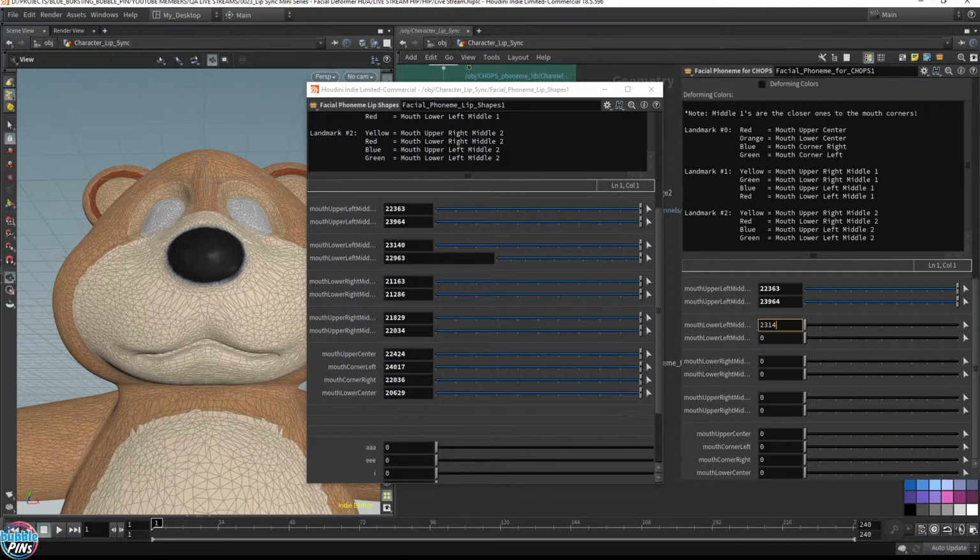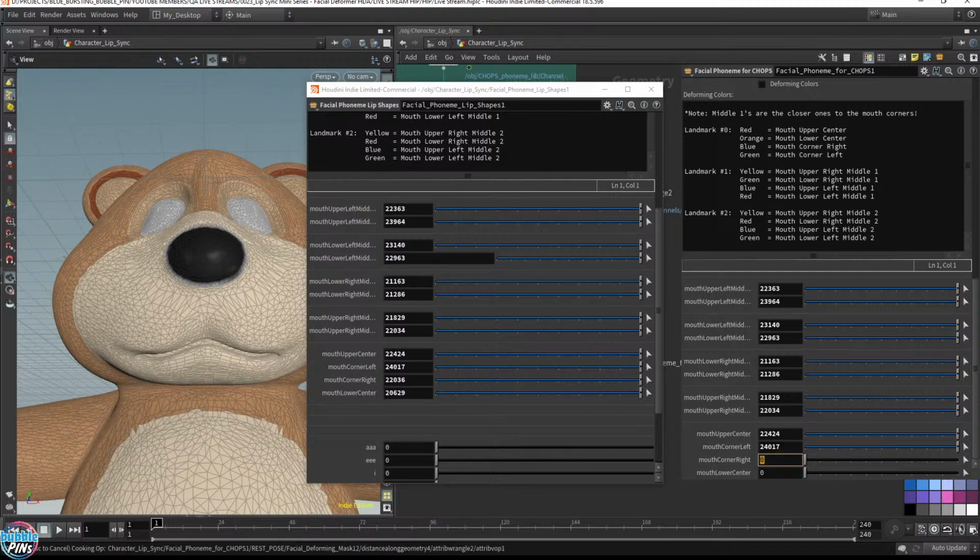23964, 23140, 22963, 21163, 21286, 21829, 22034, 22424, 24017. Okay, it's just cooking. 22036. Give it a second. 20629. Okay. So hopefully in the future, I'm going to come up with a better way to transfer this information